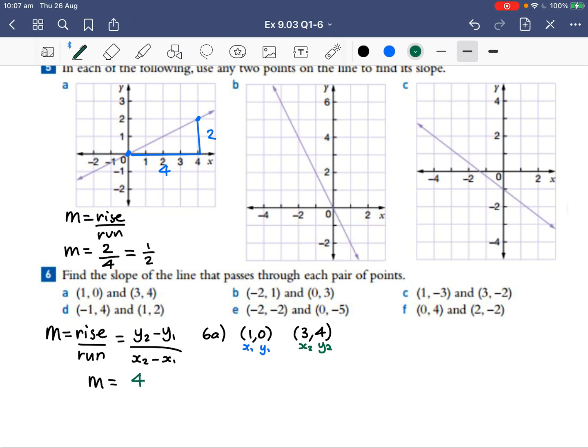So I'll have m equals my y2 value of 4 minus my y1 value of 0, over my x2 value of 3 minus my x1 value of 1. So then we have 4 minus 0 is 4, 3 minus 1 is 2, and this simplifies to be 2. So therefore our gradient, or